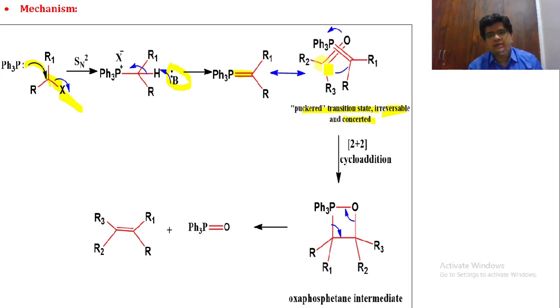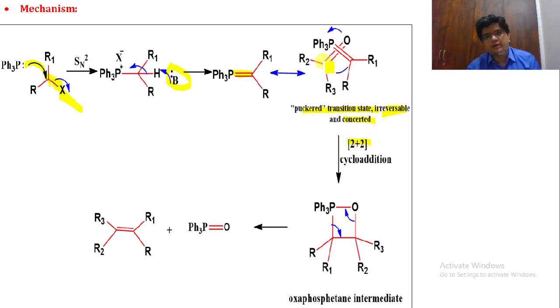So now here we are having R2, R3 and double bond O, that is our ketonic group, and this is our R2, R1, that is R2 and R1, R1 and R, and we are having double bond PPh3. So now it will undergo a 2+2 cycloaddition reaction. Now what is a 2+2 cycloaddition reaction?